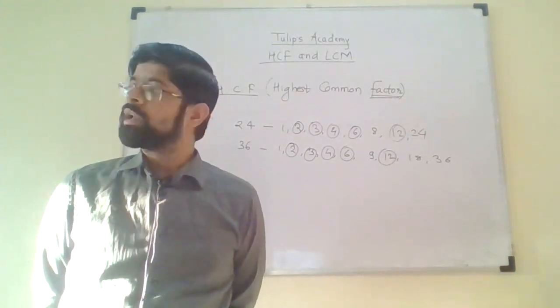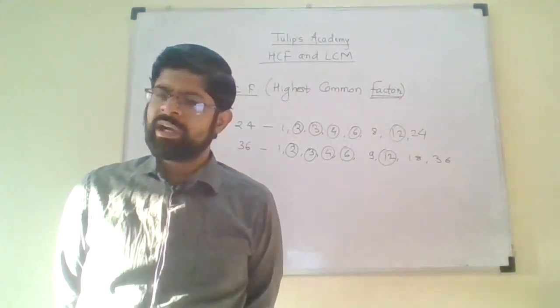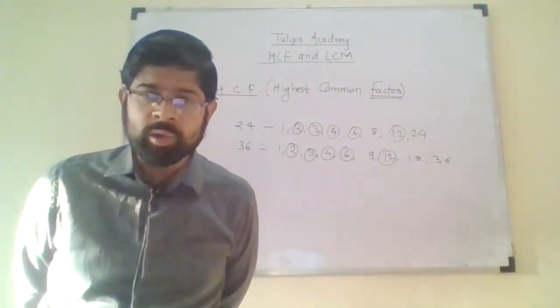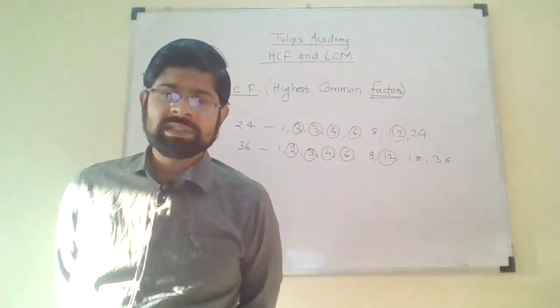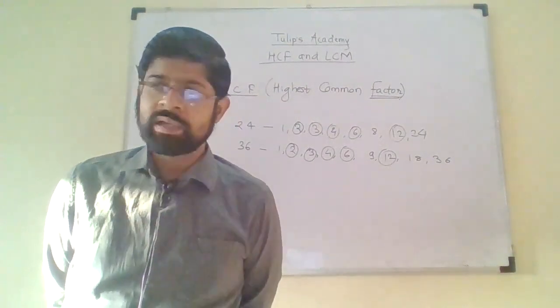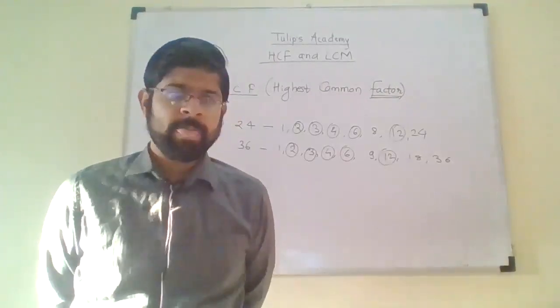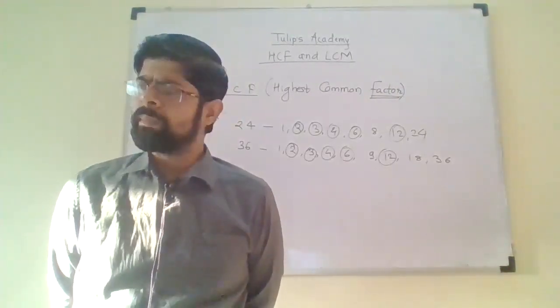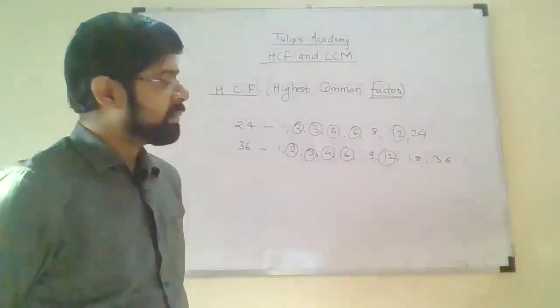But if I give you a number like 236, it will be a very, very tedious task to write all the factors, including prime and composite factors, then circle all the common factors, and then find the highest common factor among these two or three numbers. If there are three numbers, the method becomes tedious again, and very time consuming. It may require 15 to 20 minutes if you go with this method.